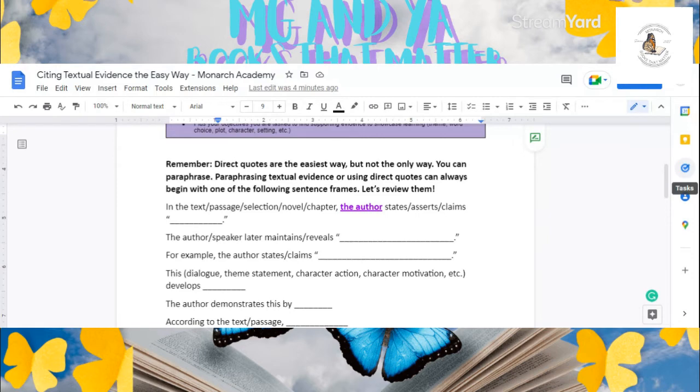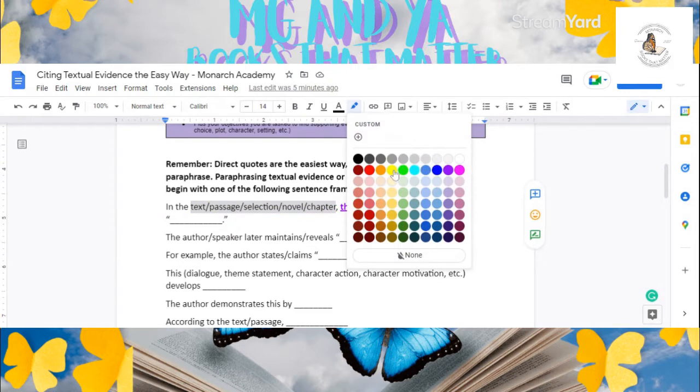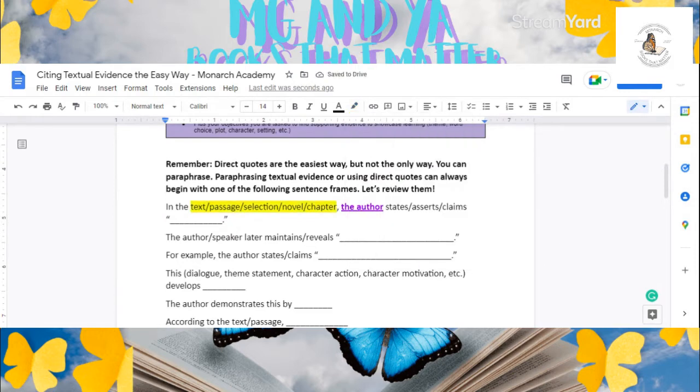So I want us to go over them because I want to bring your attention to that purple, underlined, highlighted, and bold words there in the text or the passage, or the selection, or the novel, or the chapter. Do you see how I have given you multiple choices here? It's really important, too, that you label that. So you could say, for example, from one of our Monarch books, we're going to use Ashley White's The Impossible Girl here. You can say, in The Impossible Girl by Ashley White,